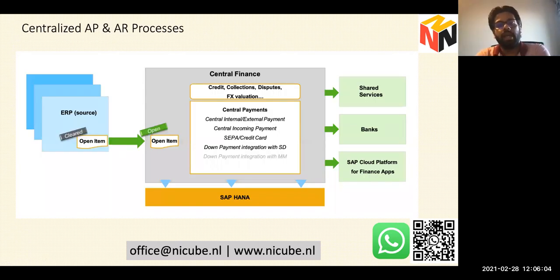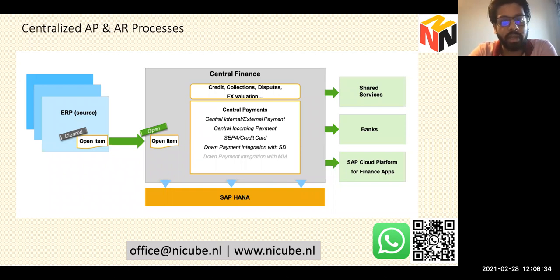How does it work? It is a first step towards centralizing your financial processes. You have an ECC system, then in the middle you have central payment, and then you can connect your bank. As I shared in the example, you have multiple ECC systems. Rather than connecting your bank to all those systems, you just connect it to one, because all your open items are coming in real time from your source system to the S/4HANA system. I'll explain this clearing functionality in a few minutes, but that's how central payment works.